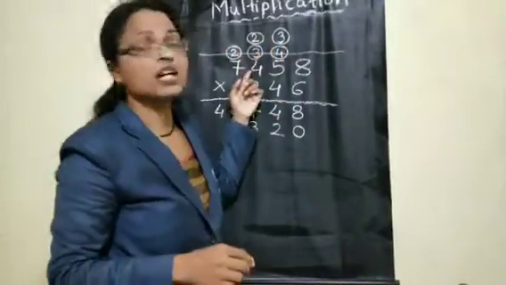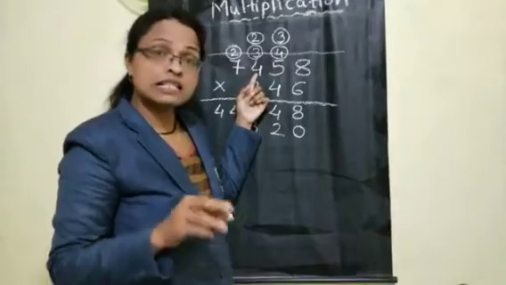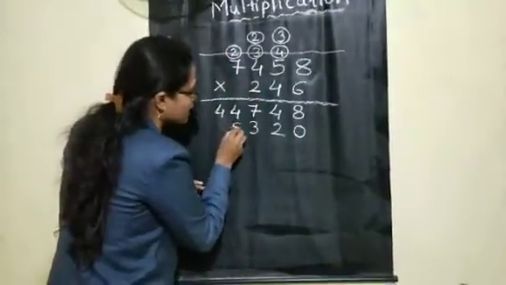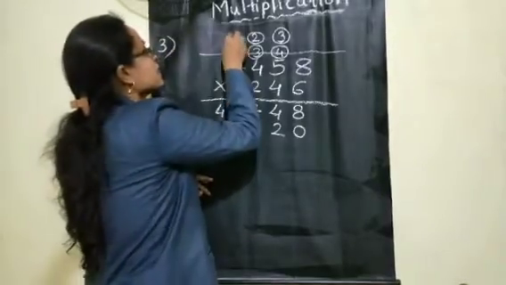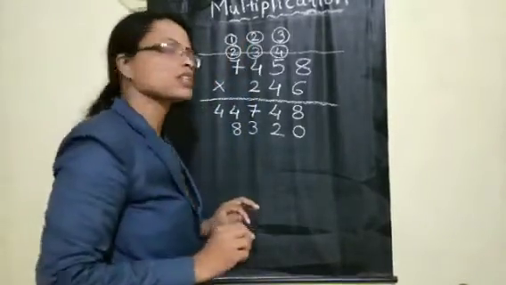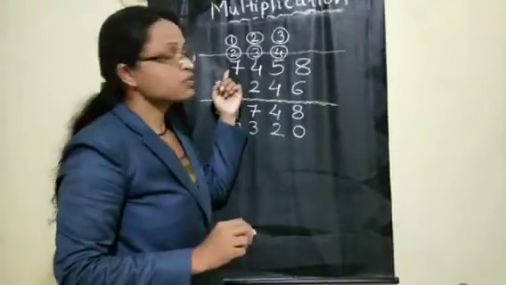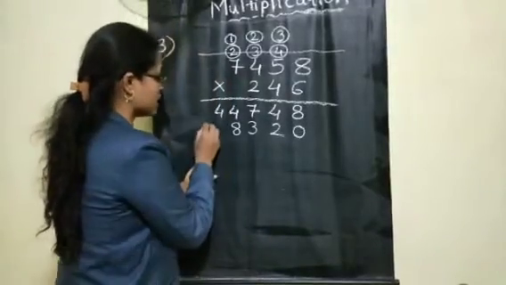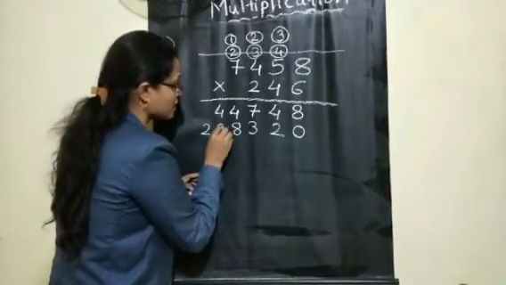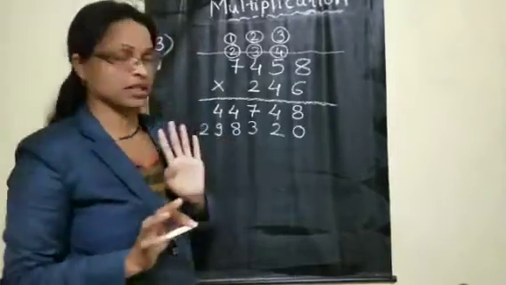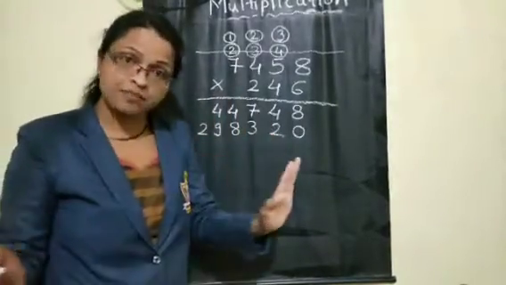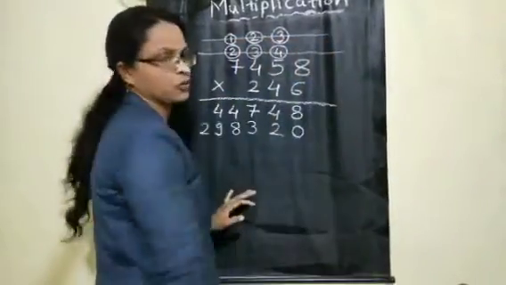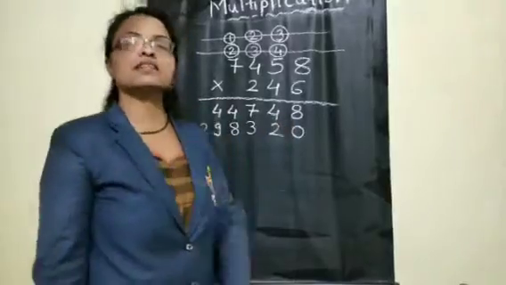Now let us move for the 100 place. 4 4s are 16. 16 plus 2, 18. Again from that 18, 8 you are writing down and 1 will carry forward to the next number, children. Now let us move for the 1000 place now. 4 7s are 28. 28 plus 1, 29. And both the numbers we are writing down because further there is no number. Here our second step completed. Let us put another dash on the second step now. Now let us move for the third step.